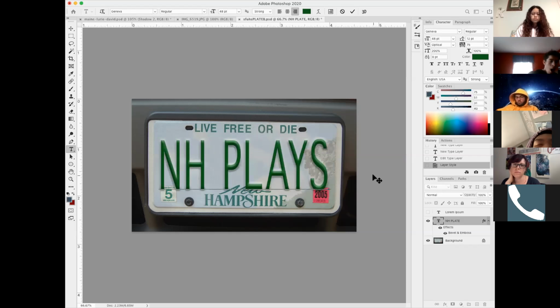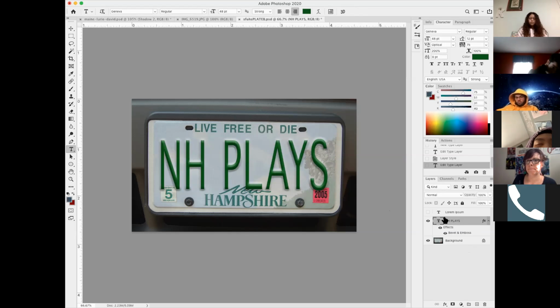Maybe. So I can change the text and it still has this. Now you'll notice most license plates aren't round on the top. They have this beveled part, but they may not be roundish on the top. So what I'm going to do is take my whole license plate text and I'm going